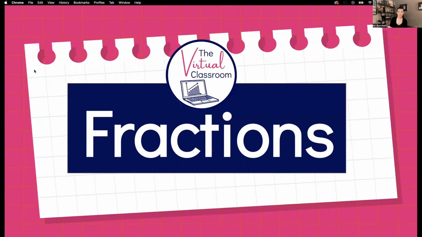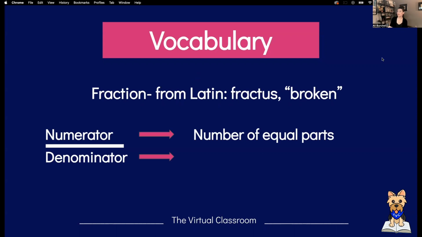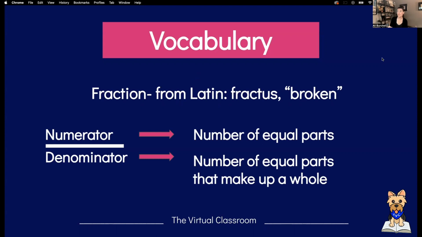This is part one of a series on making sense of fractions. The word fraction comes from the Latin word fractus, which means broken. A fraction has two parts, a numerator and a denominator. The numerator is the number of equal parts, and the denominator is the number of equal parts that make up